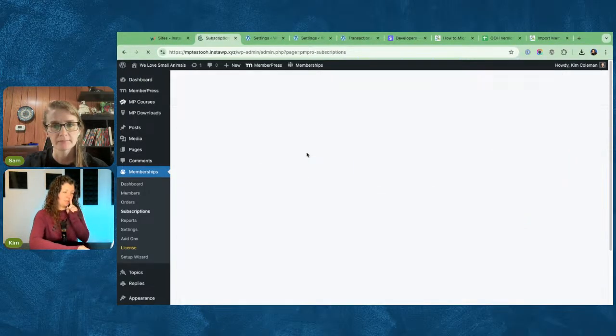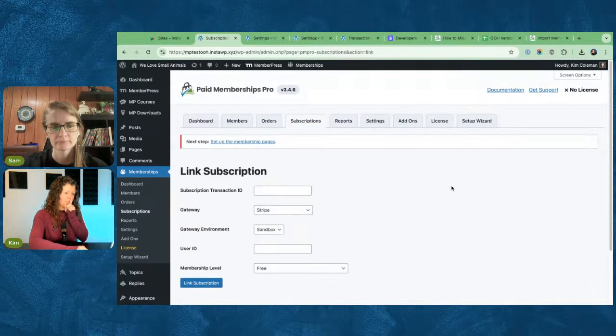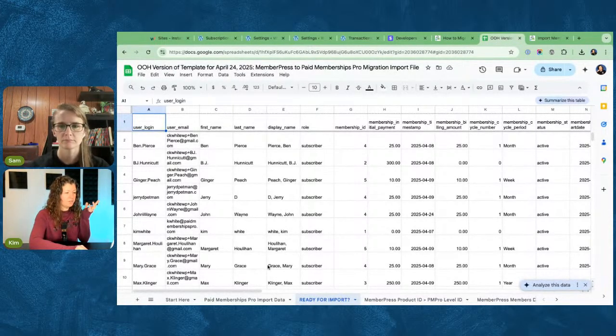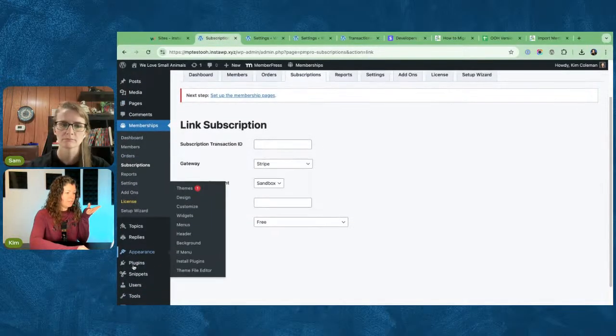I'm going to just try linking one subscription manually. Not that we would want people to have to do this, but if you're doing it at all, you're doing it because you have a live member site with live subscriptions, not because you're doing it in a demo. So